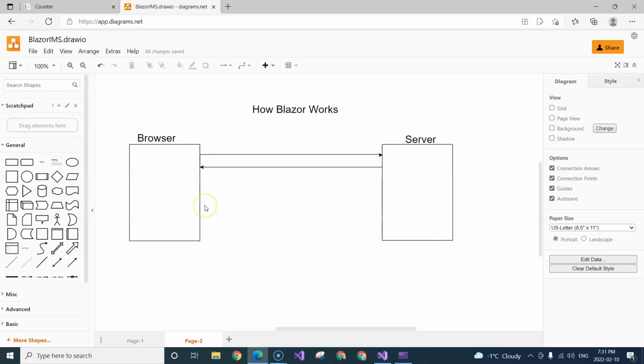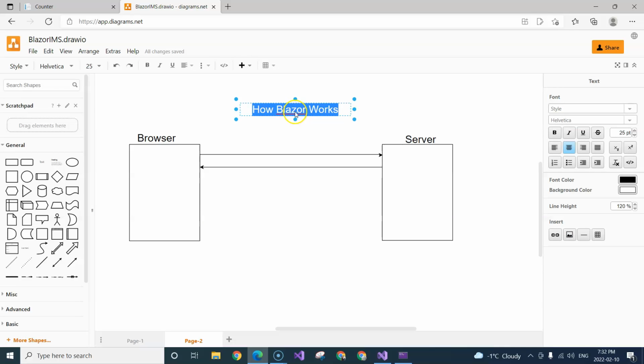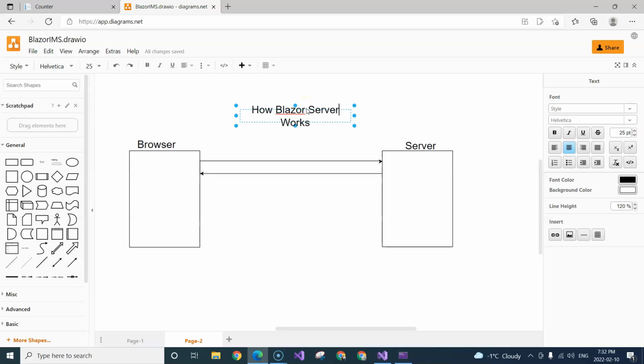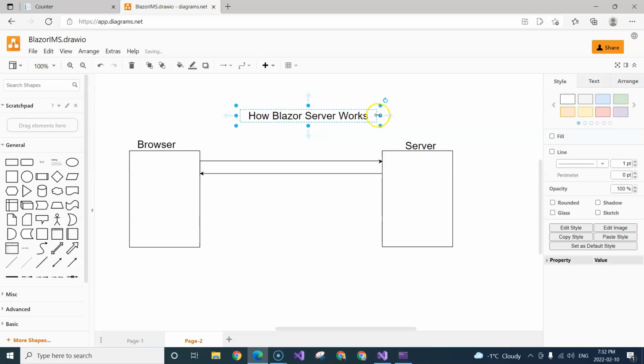And afterwards, what is happening for Blazor Server? I have to clarify this. This is how Blazor Server works, because we have two hosting models. One is Blazor Server, the other is Blazor WebAssembly. For Blazor Server, after the first request, the